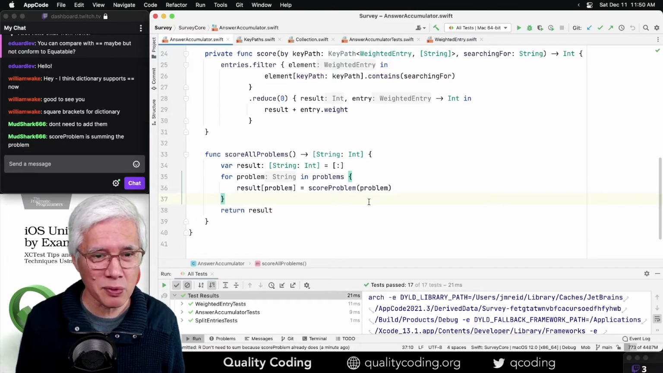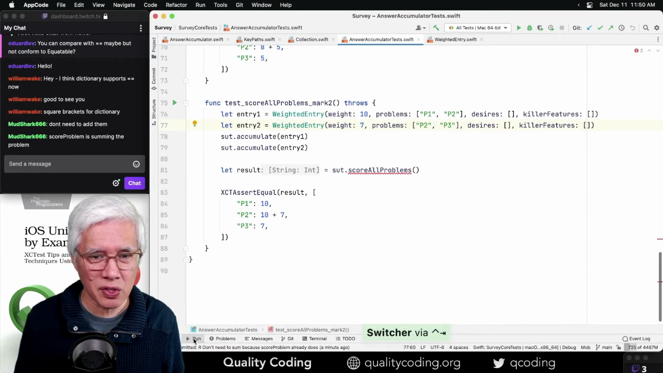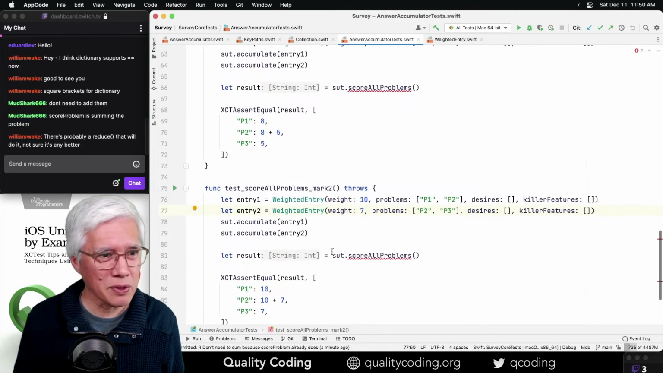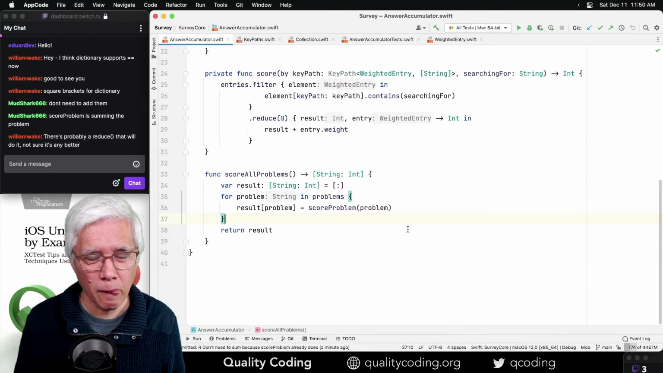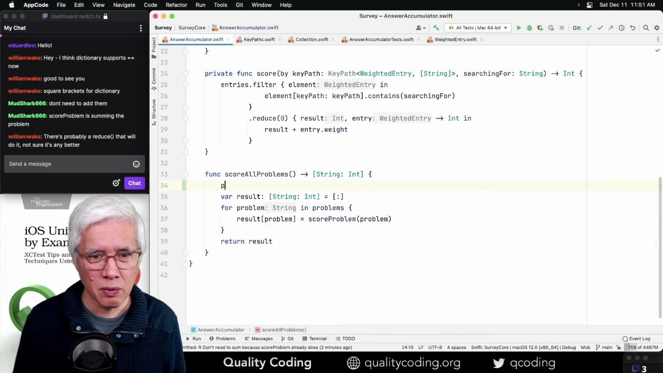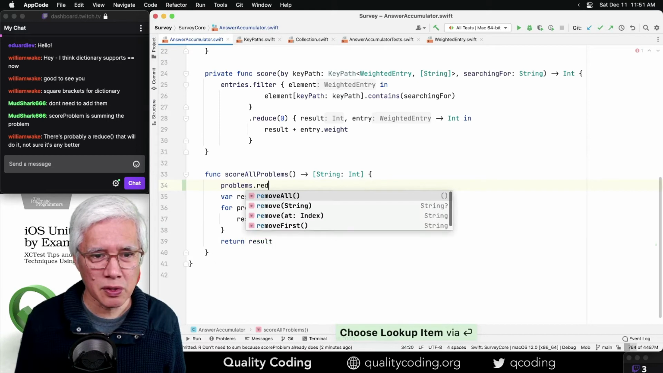It looks like this is working. We have 2 versions of score all problems. Yeah, I have a hunch that there's a reduce that will do it. You know, where do we want to try? Let's see. If I say problems reduce